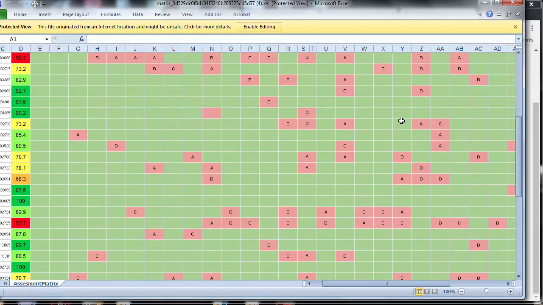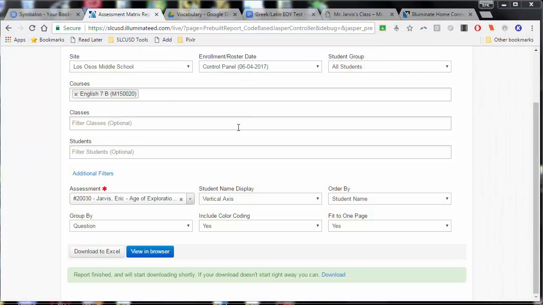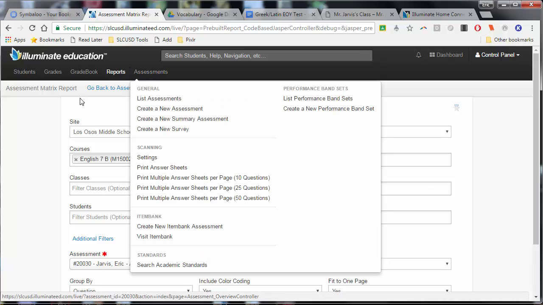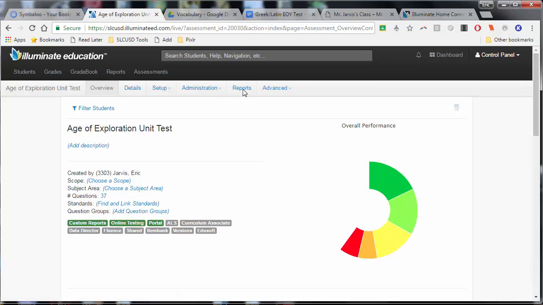So it's kind of a nice report, and you do this for each class if you were to start entering it into PowerTeacher, which I'm sure you have to do. Unless, of course, we're using the Illuminate gradebook, which would automatically populate. So the next thing I'm going to do is go back to the assessment. I'm going to show you the